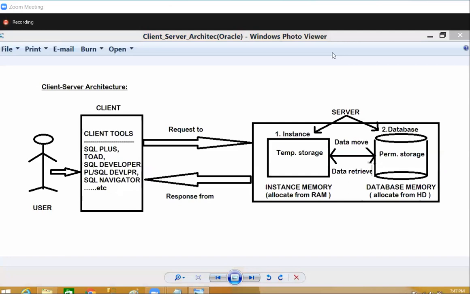Server architecture, but unfortunately a power issue happened, a power cut. Okay, right. So now, yesterday, whatever we discussed and whatever I was explaining to you about the client server architecture,